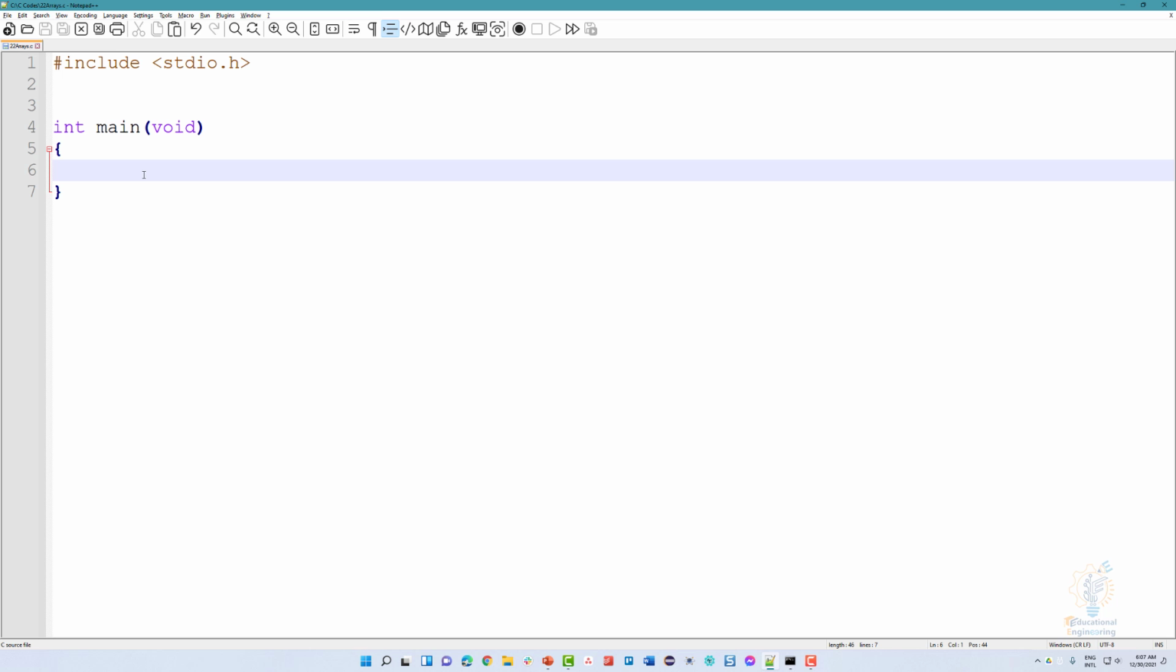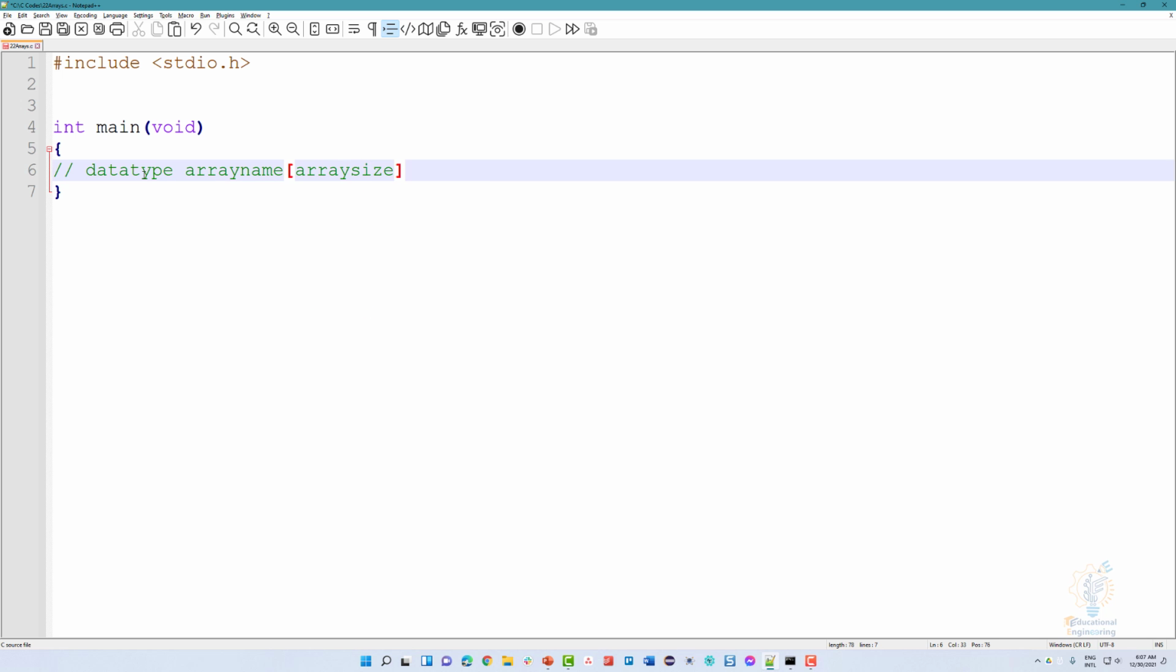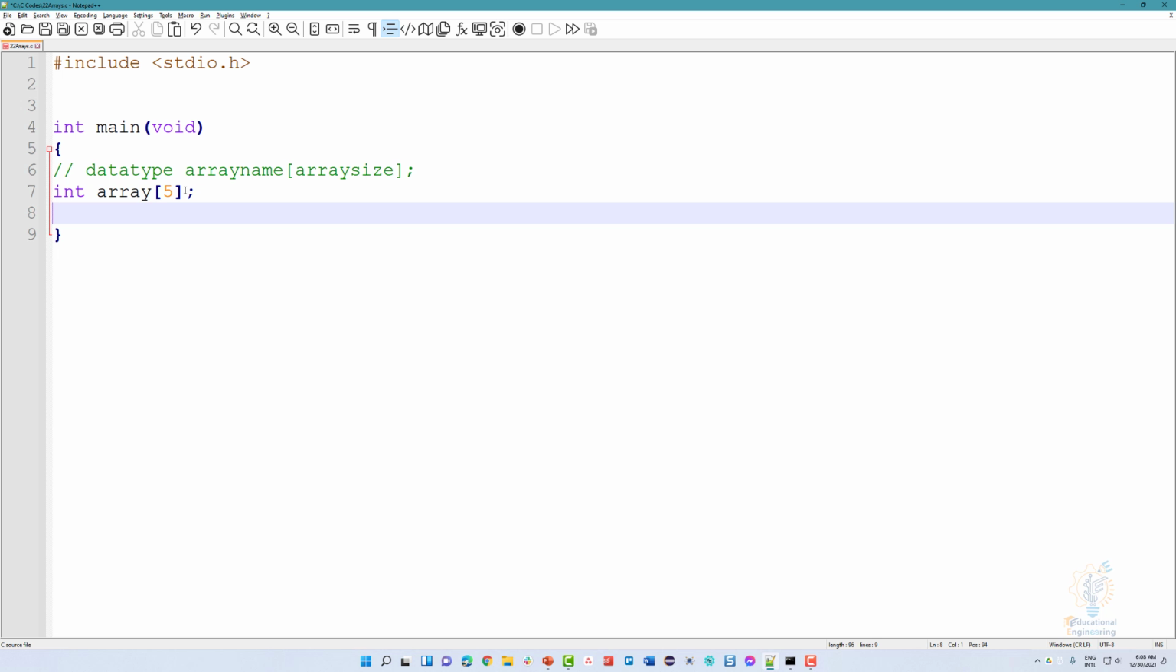Let's start by creating a new array. We already mentioned that you need to write the data type, array name, two brackets, array size. So let's create an array, call it array, and make the element number 5. Now there is more than one approach to creating an array. You can create it like that, or you can directly initialize it with values like 1, 2, 3, 4, 5,